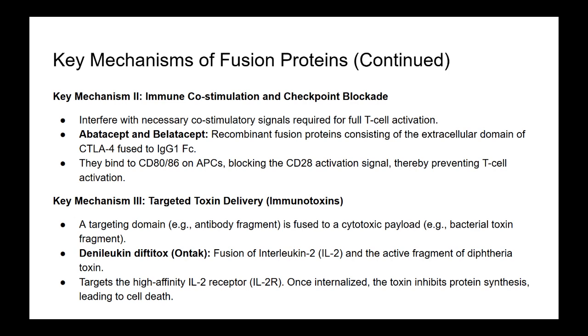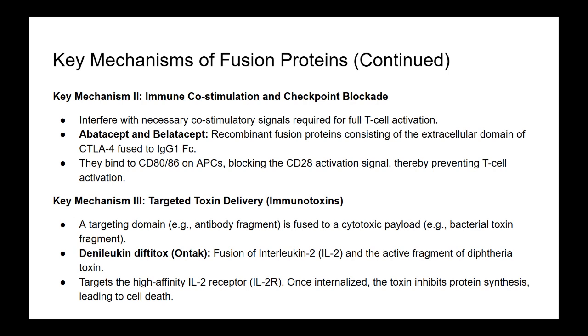Okay, so it uses the binding part of an inhibitory receptor. Yes. But instead of being on the T cell, the soluble CTLA-4 Ig fusion protein circulates and binds with high affinity to the CD80 and CD86 ligands on the antigen-presenting cell. By doing so, it physically blocks these ligands from engaging with the CD28 receptor on the T cell. It essentially outcompetes CD28 for binding to CD80/86, thereby preventing the delivery of that crucial CD28 costimulation signal, signal 2. Without that critical second signal, T cells cannot achieve full activation, even if they receive signal 1.